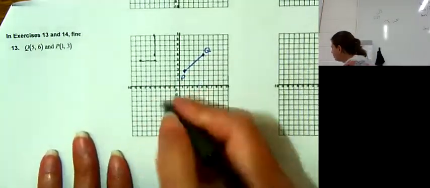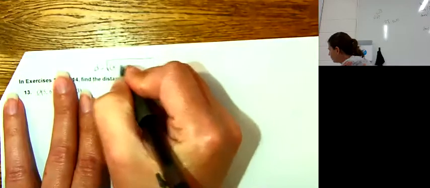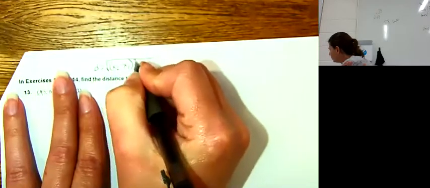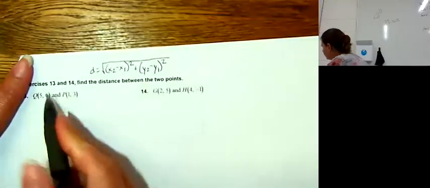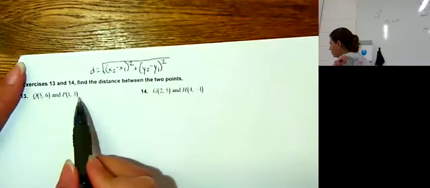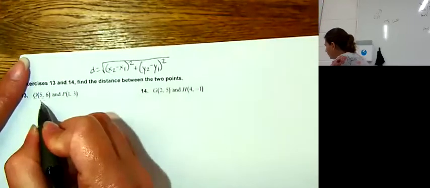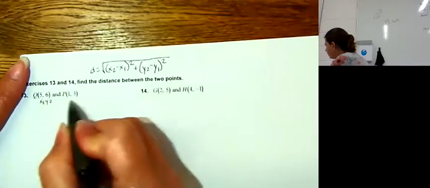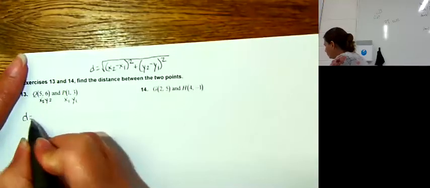So remember our distance formula is if we take the square root of the difference of our x's squared plus the difference of our y's squared. So in this case, and it doesn't really matter which point is your first point and your second point, I typically just go in order and use this as my second coordinate and this is my first coordinate when I'm filling them in. It tends to make it easier for me,